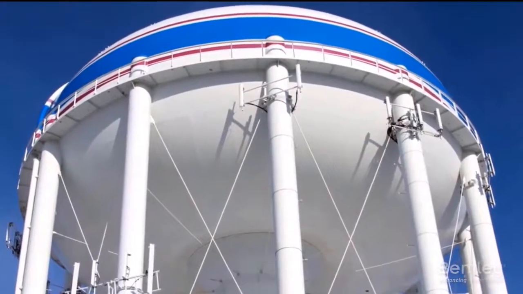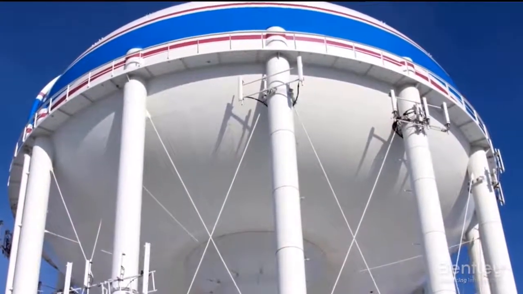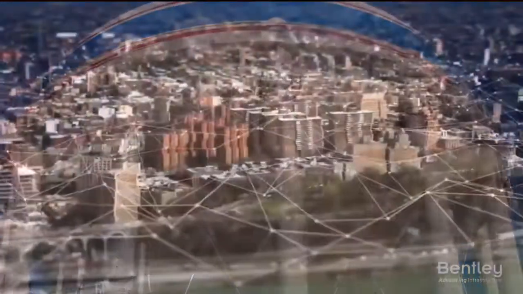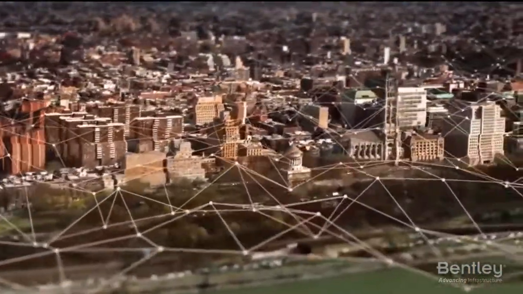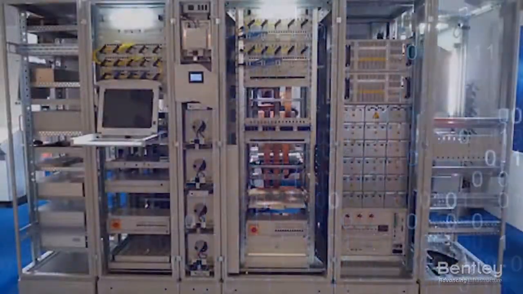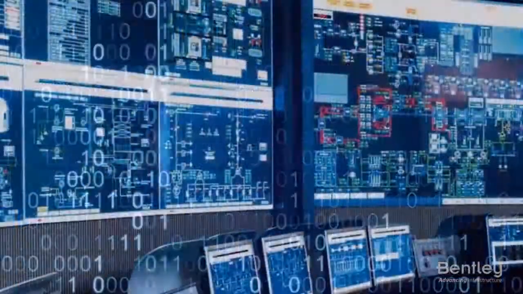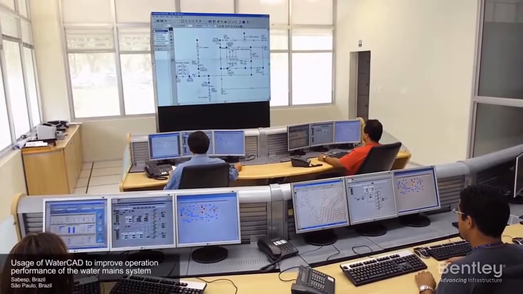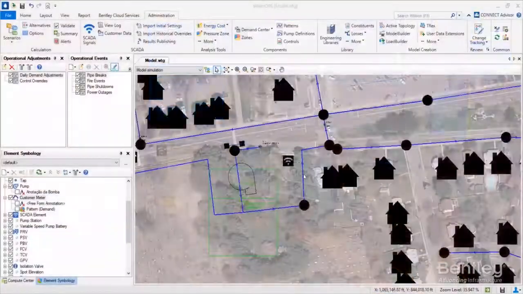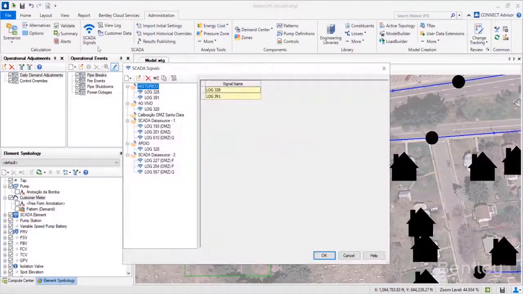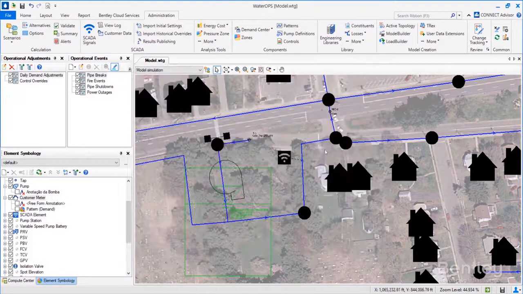Operating an effective water distribution network requires making intelligent, well-informed, and timely decisions every day. But regardless of system complexity, water utilities face the same difficulties when dealing with diverse data sources dispersed throughout the network. You not only need a good sense of what is happening in your network right now, but also the ability to accurately predict what is about to happen and how to respond in order to achieve the best possible